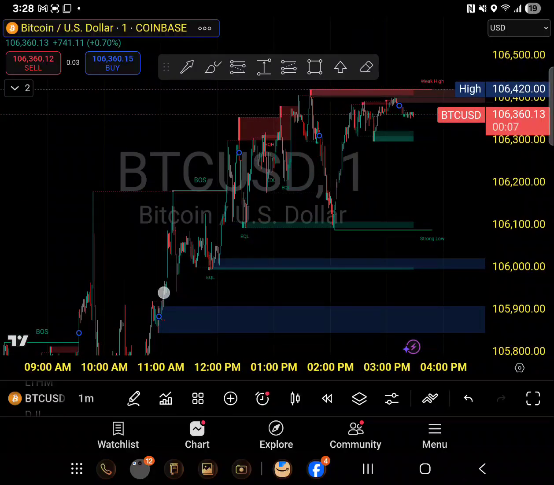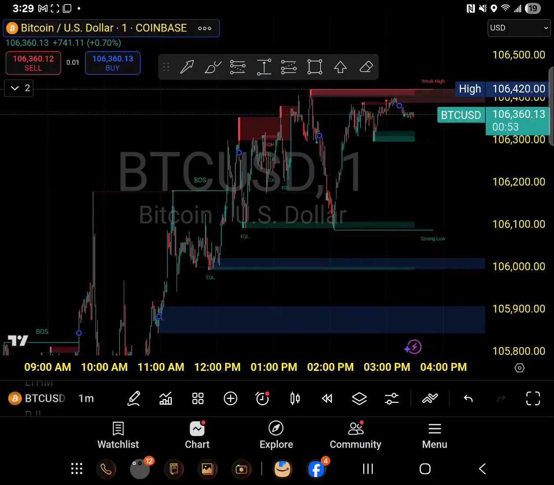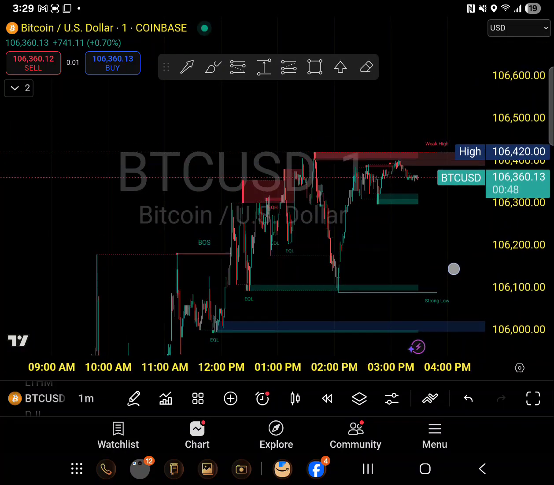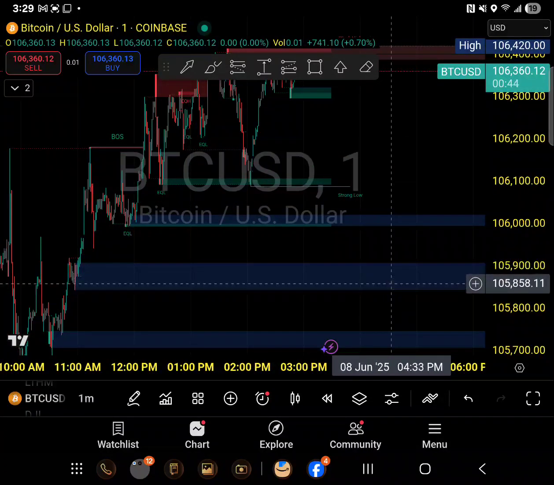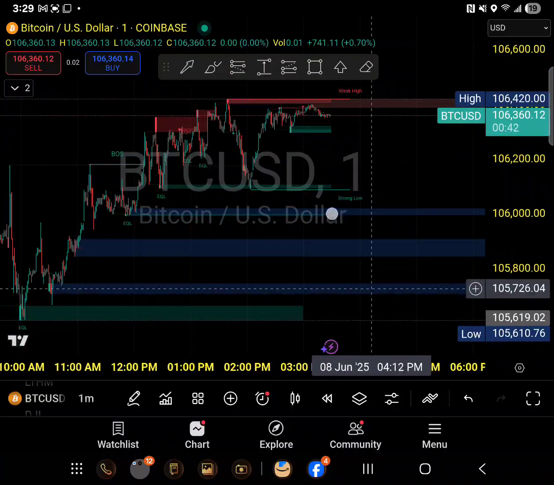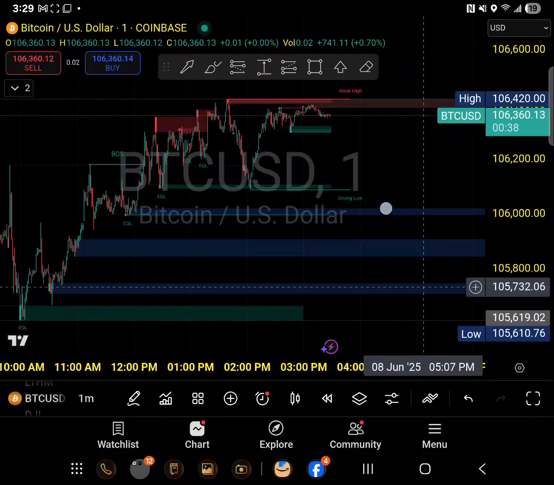They are doing the same thing. They are coming up, consolidating, going up, consolidating, going up, coming down, and then again consolidating, going down, coming back. They can do this. Because right now this particular zone, they have made it for buyers. So all you have to do is wait until it comes back to this zone. You can buy here, here, and here.